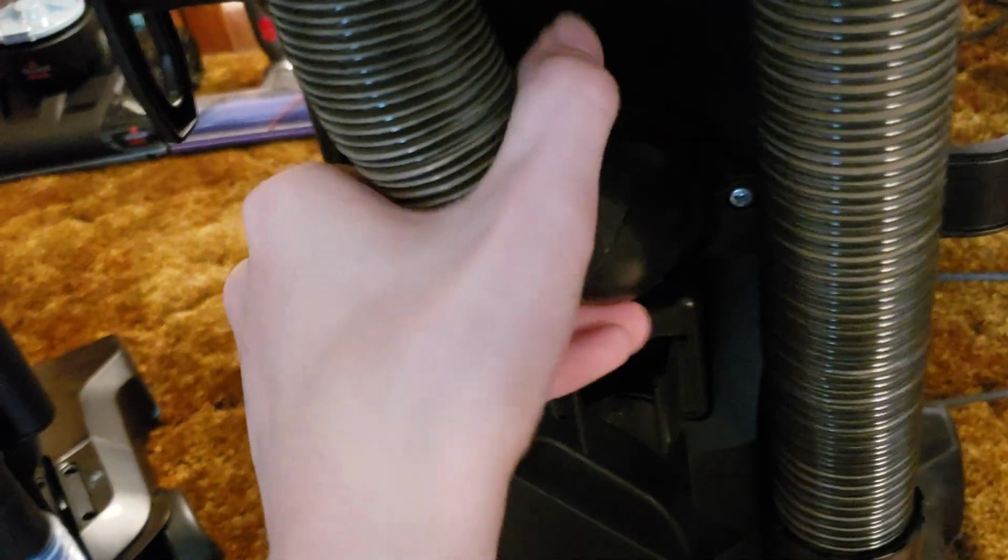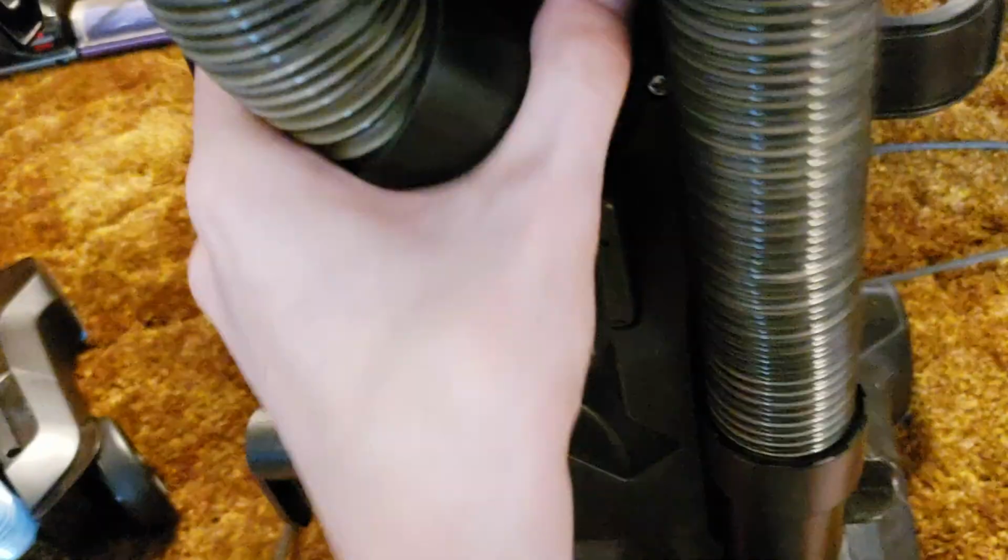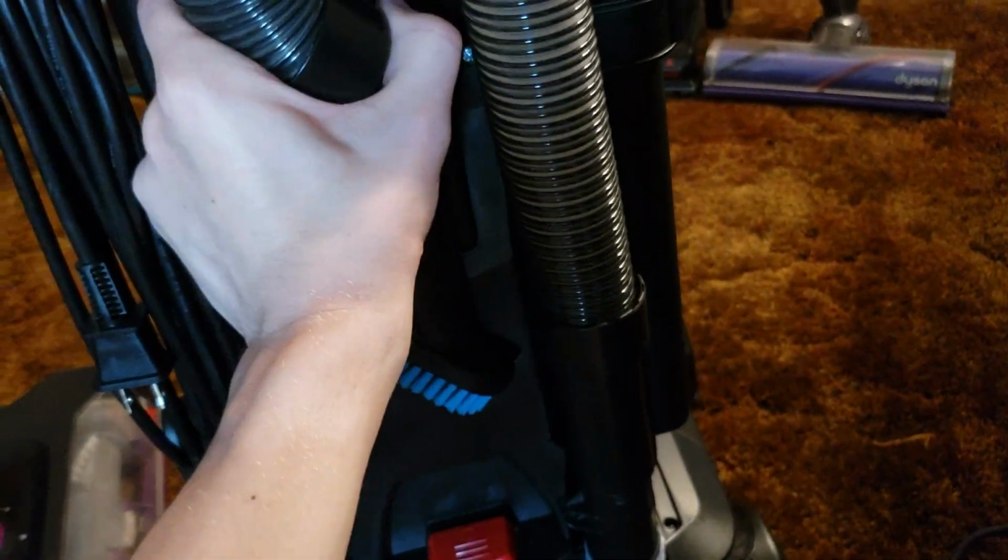So, again, got this little hose right here. It's a twist and snap hose, so you can just easily twist it and snap it to unclog it. For some reason, it's being really stiff right now. Maybe this one's...